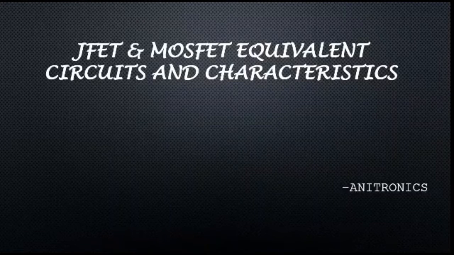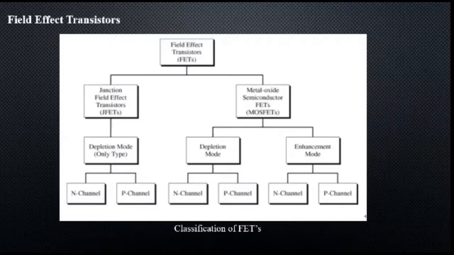JFET and MOSFET. Before knowing about them, let us first know about field effect transistors. From the name of the transistor itself, we can understand the way of its functioning, that is transfer resistor. These transistors are classified into different types such as field effect transistors, bipolar junction transistors, and so on. The field effect transistors are usually termed as unipolar transistors because their operations involve a single carrier type.